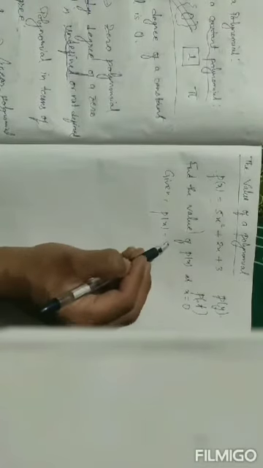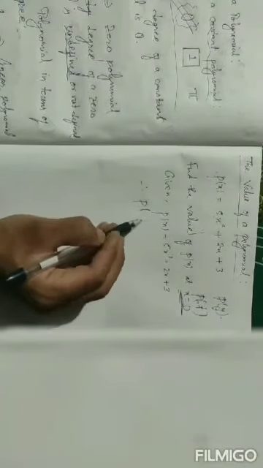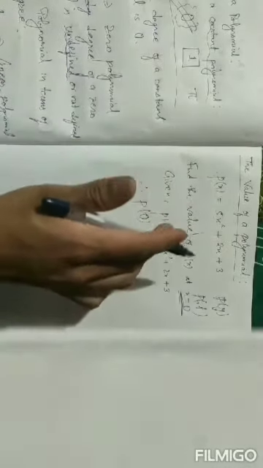P(x) is 5x square plus 2x plus 3, isn't it? So what you will do is, now you will try to put the value of x as 0, because x is already given as 0. So you'll put x equals 0 from the left hand side itself, p of 0. That is what we are required to find, because we have to find p(x) where x equals 0. Let us put the value of x as 0.